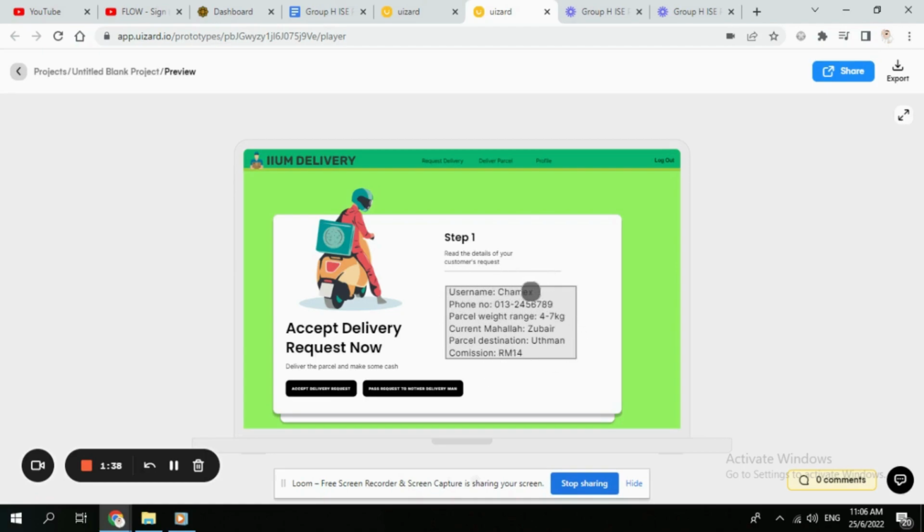The username for the customer is Chamex, and here is the phone number of the customer. This is the parcel weight, and the destination is from Hala Zubair to Usman, and the commission that you will get is 14 ringgit. So if you choose to pass the request to another man, you can click this button here. But following the use case specification basic flow, we will now accept the delivery request,